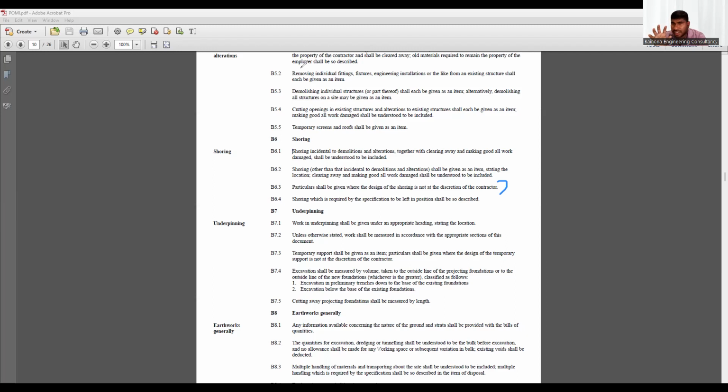For example, the consultant makes a design, then they have to submit that design to the municipality, and the municipality will run it through their parameters. The municipality will say, okay, in the design submitted by the consultant, you are missing one reinforcement bar here. The thickness of this pile should be 500, not 400. They give comments, and then they do a modification.